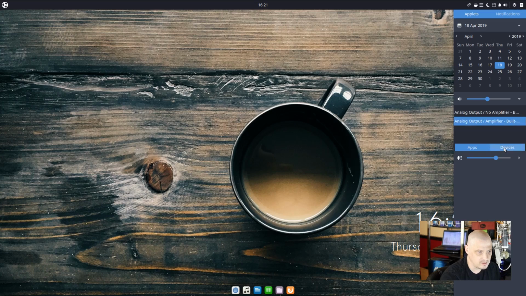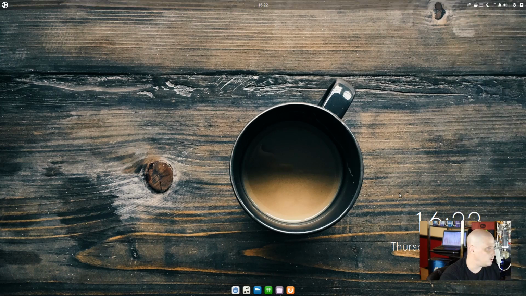We also have a devices tab down here. So that is pretty cool. So I guess it would give me some input and output devices if I was playing some audio. So that is really handy. That way you don't have to constantly pull up something like Pulse Audio Volume Control to fiddle with your input